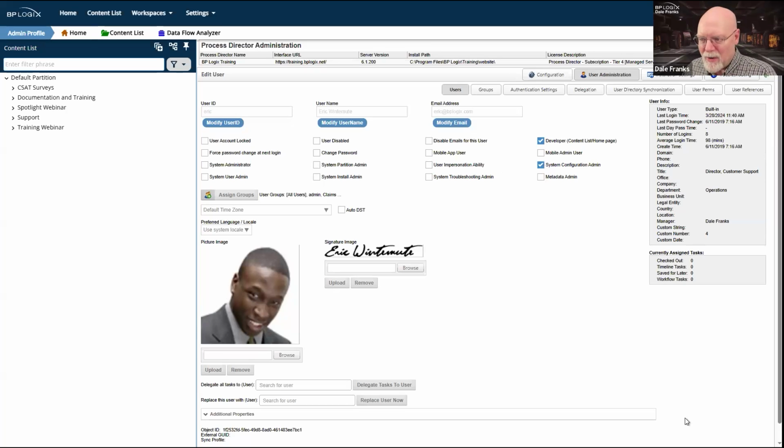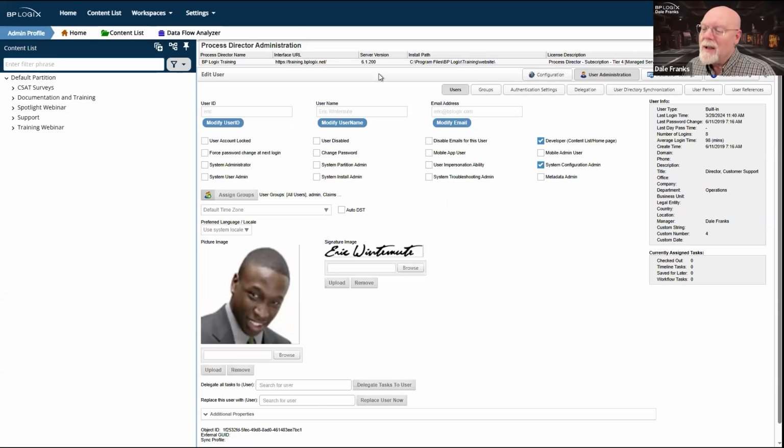And so you think, well, what's the harm in that? I'll give Eric access to the system configuration admin, and you'll also have to give them access to admin profile, or at least give them access to a profile that has a link to the configuration section so they can open it.